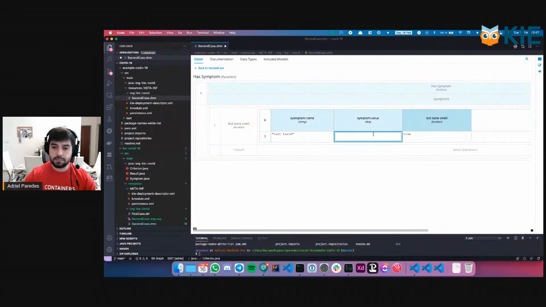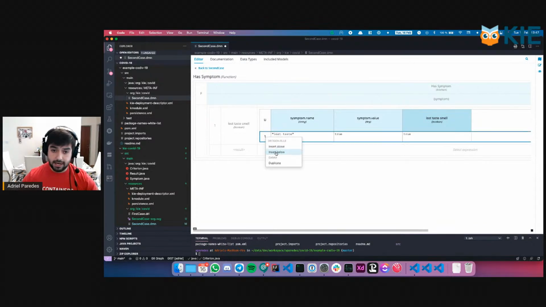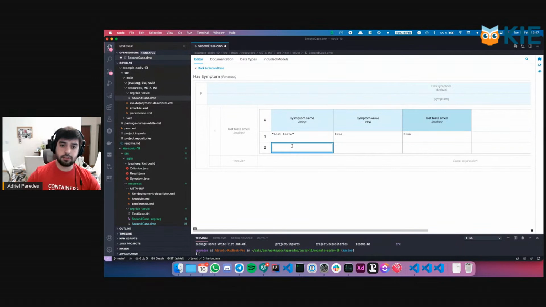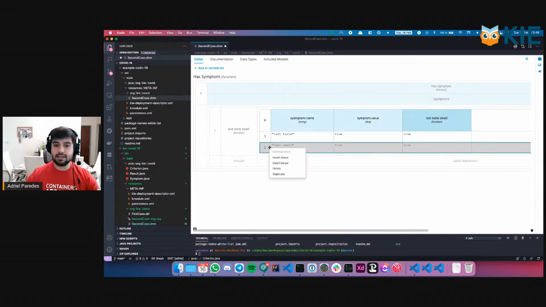So if the symptom value is true, the result of this is true. Then we will need to add another rule that is not just for loss of taste, but for loss of smell, because actually, if I have one or the other, it's exactly the same. It's not more than one symptom, it's just one symptom, as we said before. And again, we are going to put this in true, and the exit again in true. In any other case,